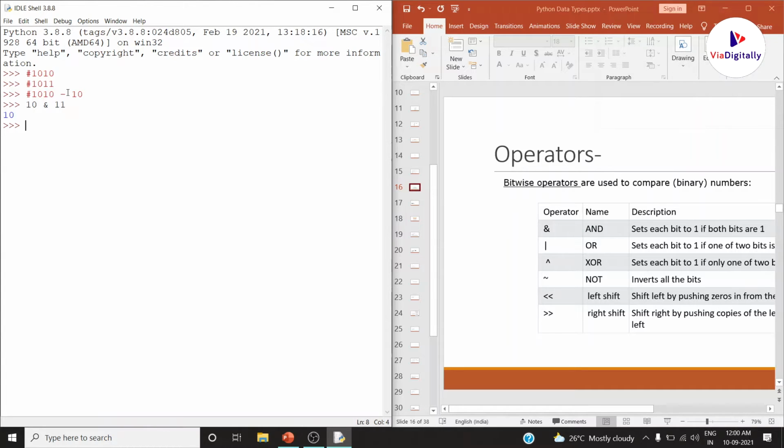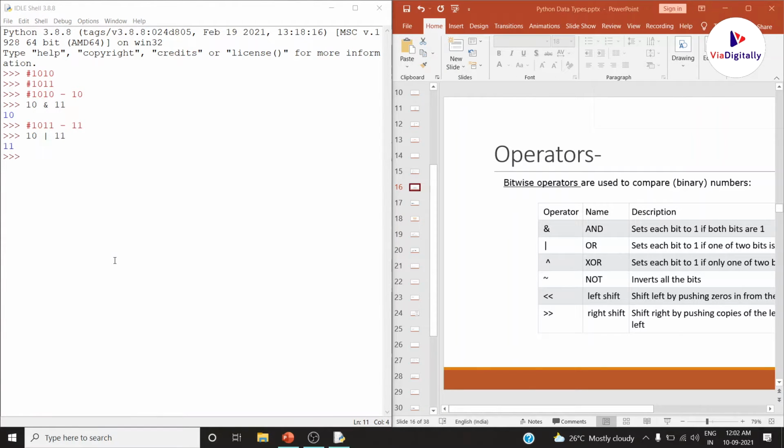Coming to the bitwise OR operator, let me take the same example. What is the basic idea of logical OR, or bitwise OR? If one of the inputs is 1, the output is also 1. So here, in these two inputs, the first bit is 1, and the first bit of the second input is also 1, so my output will be 1. Followed by 0 0, then it is 0. Here 1 1, so my output will be 1, and here 0 1, the output will also be 1. What is its corresponding decimal value? It is nothing but 11. Let me check, 10 bitwise OR with 11, it is nothing but 11.